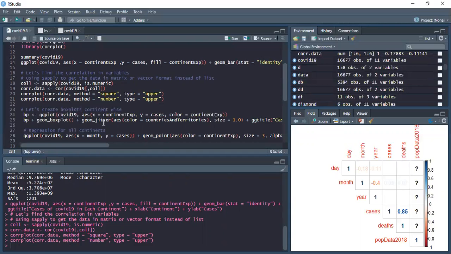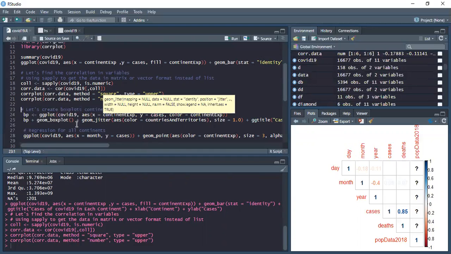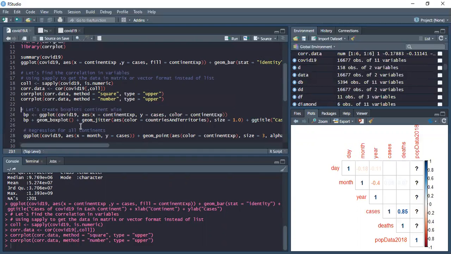After seeing the correlation between the variables, we are going to create a box plot continent-wise. So first we are going to get those plotting x variable and y variable with the color continent.